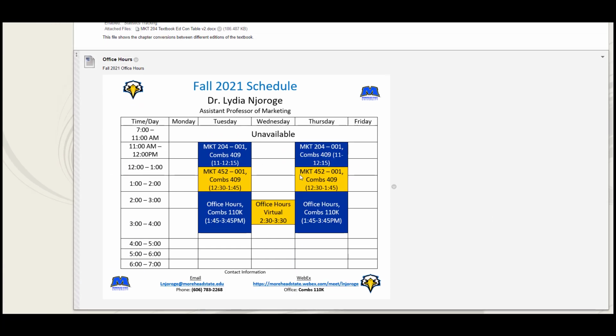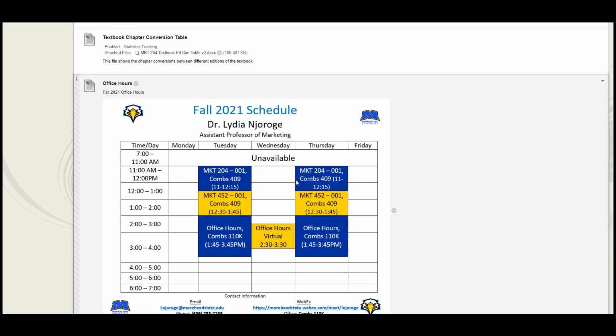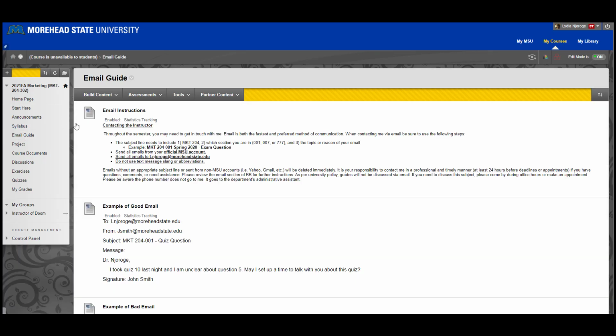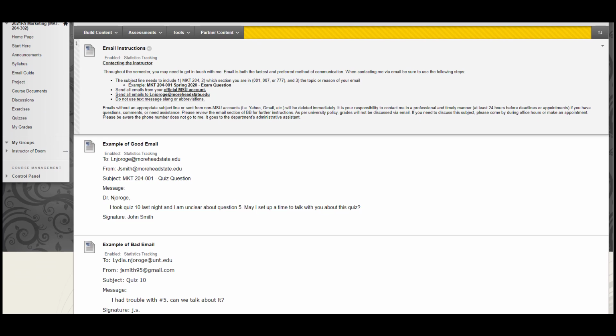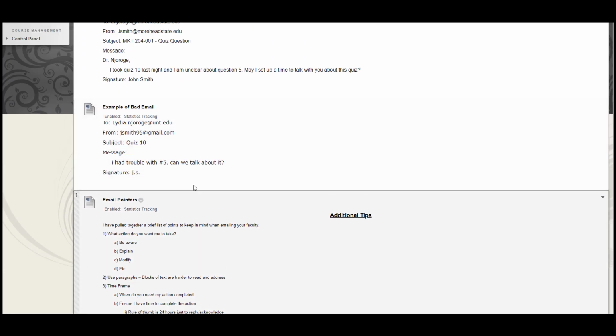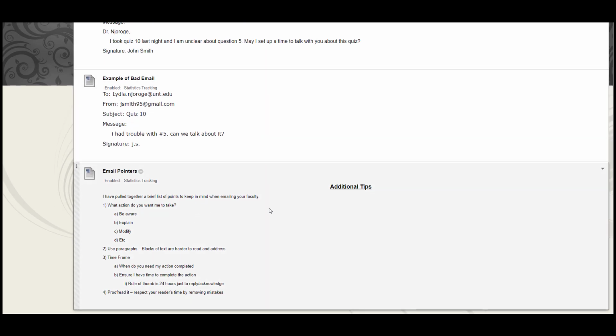And then this is the tentative fall schedule for office hours and courses. So if y'all need anything, just look there. Our next page is our email guide. So in the email guide, you see the introduction. This is very similar to the syllabus, an example of what our email should look like, an example of what our, sorry, the mouse is going a little crazy, an example of what the email should not look like, and